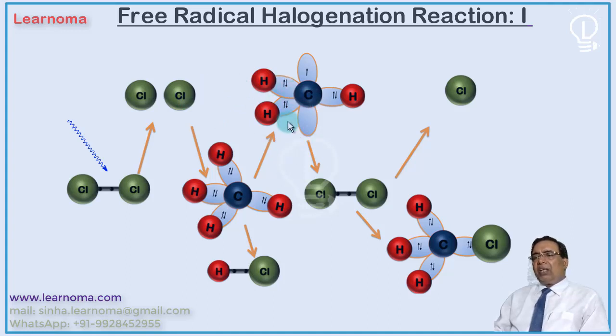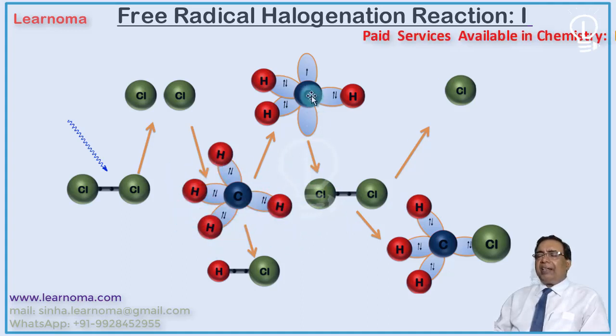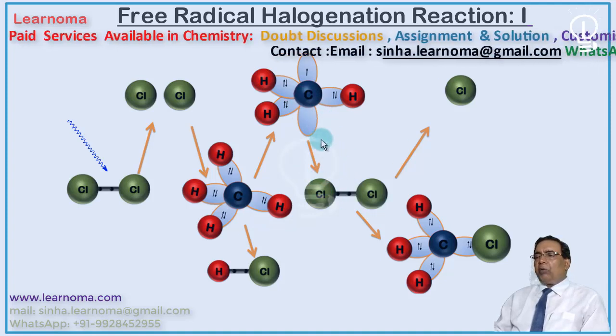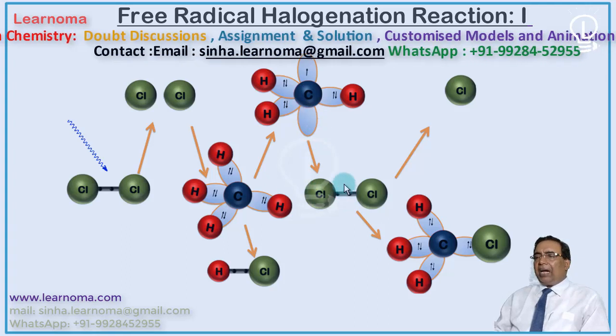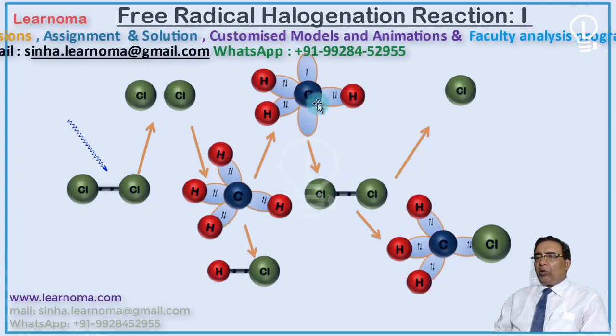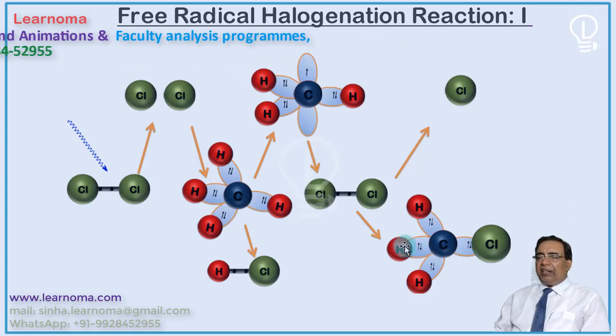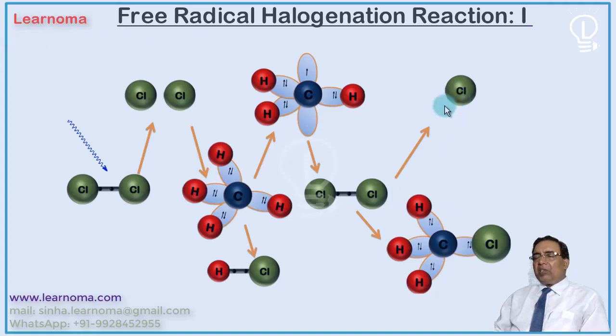In fact, in the initial levels, the concentration of chlorine Cl2 as well as the concentration of methane is very, very high in the reaction mixture. Therefore, the methyl radical collides with chlorine, and in such a collision it will dissociate this bond and form a bond with chlorine with one of its electrons, forming a stable species CH3Cl, as well as a chlorine radical.